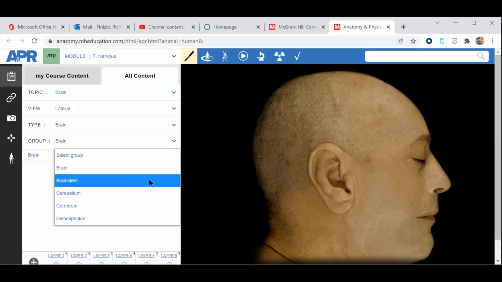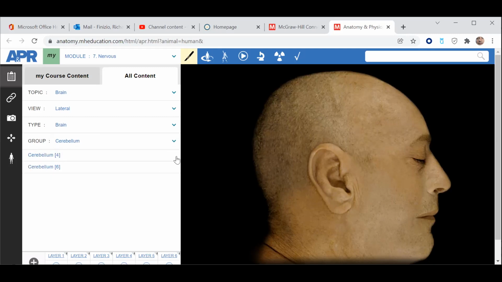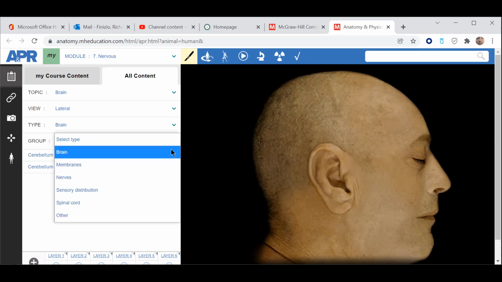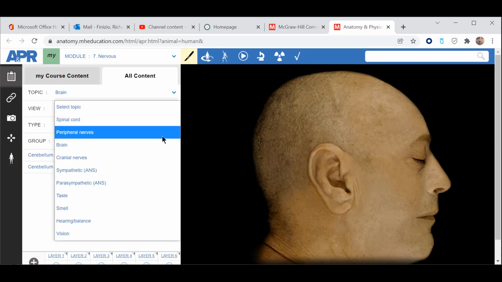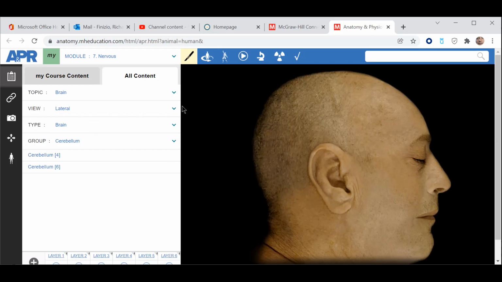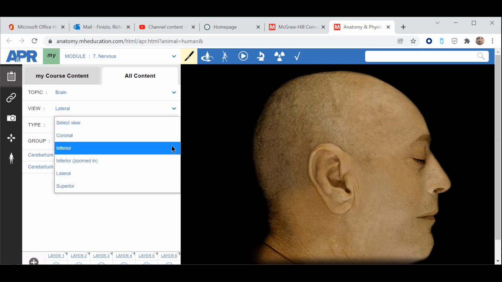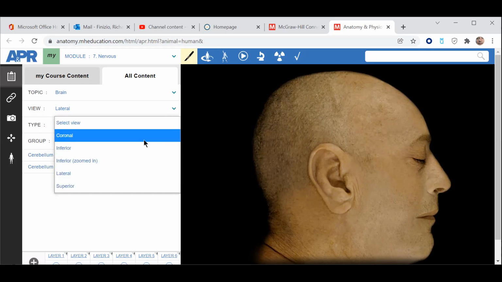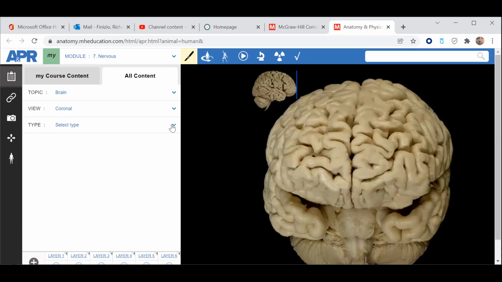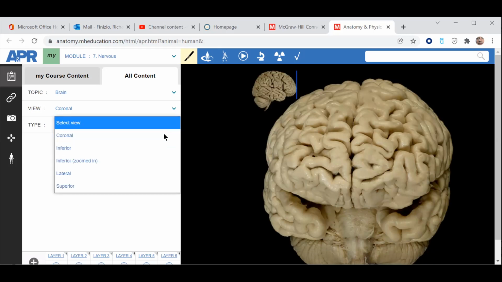Sorry, I knew this was going to happen. Group, membranes, nerves, brain. The view is lateral. Let's look at coronal. Okay, select type, brain, we got coronal,